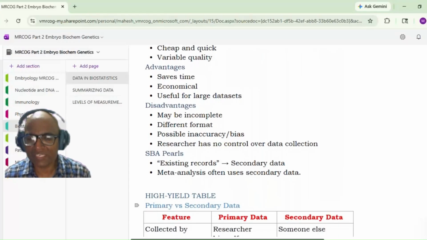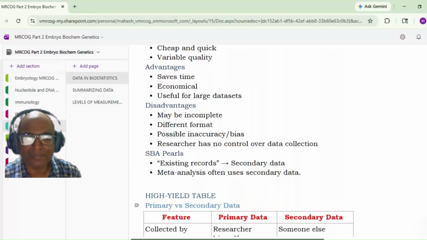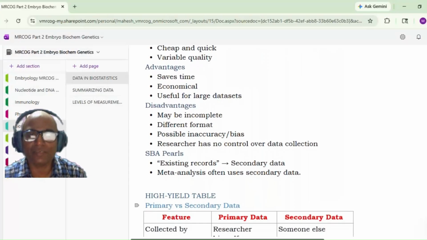Okay, because when we carry out any particular study, we have an operational definition. We specify that this will be measured in this particular format. But the available data may not be collected in the same format. It may be incomplete, it may be in a different format, there may be possible inaccuracies or bias, and the researcher has no control over the data collection here. So from an examination point of view, please remember, if the data is taken from existing records, it becomes